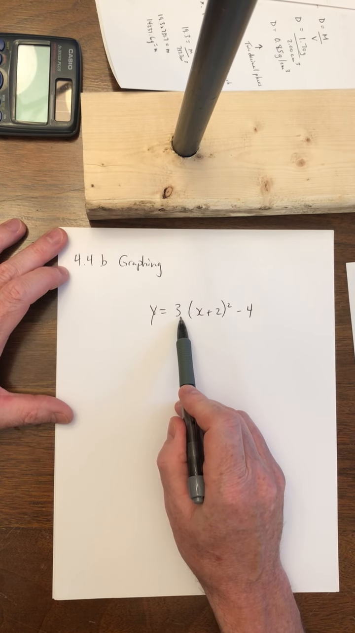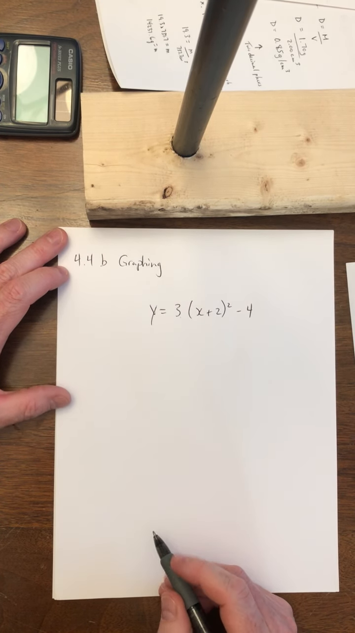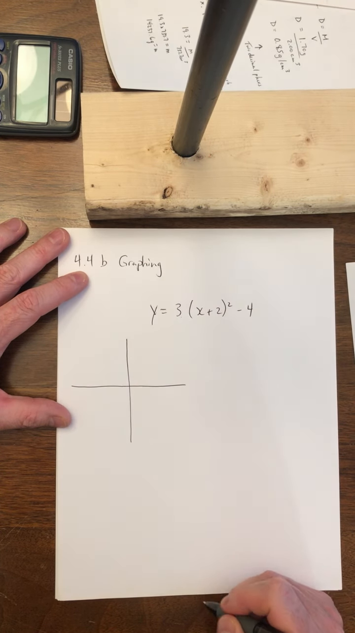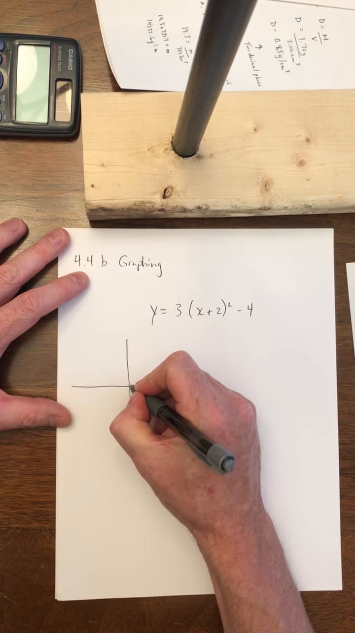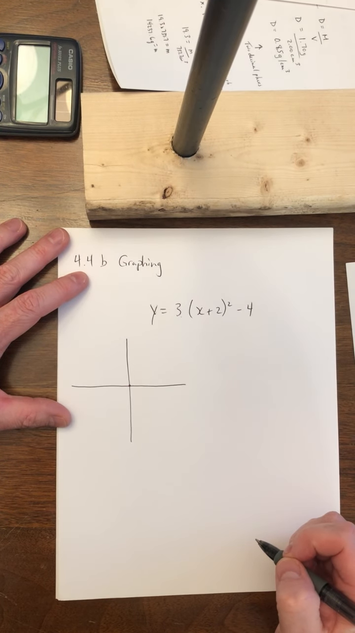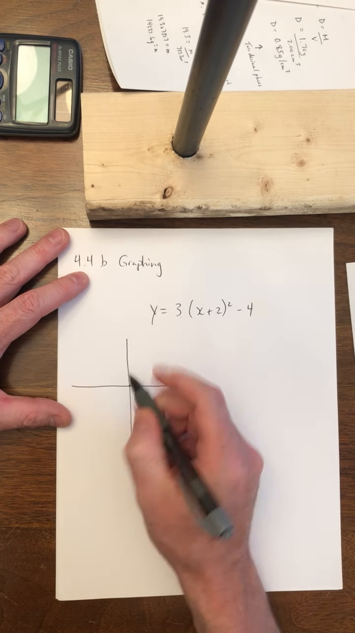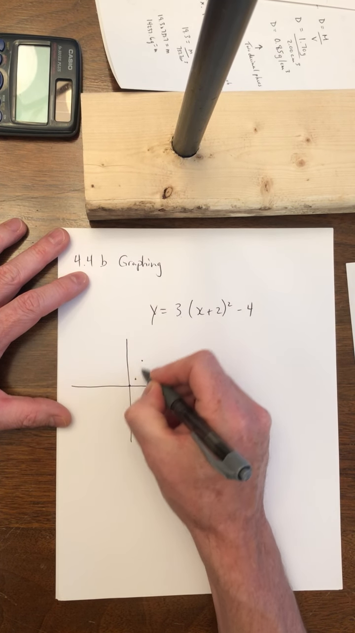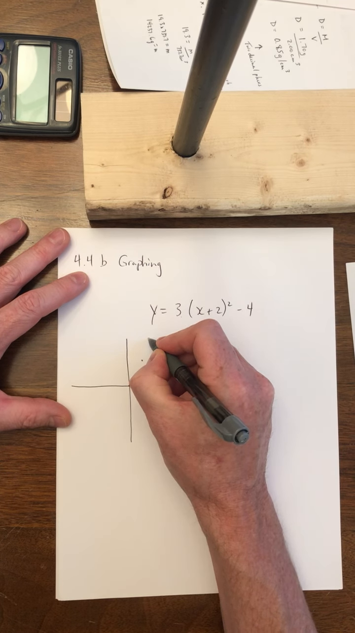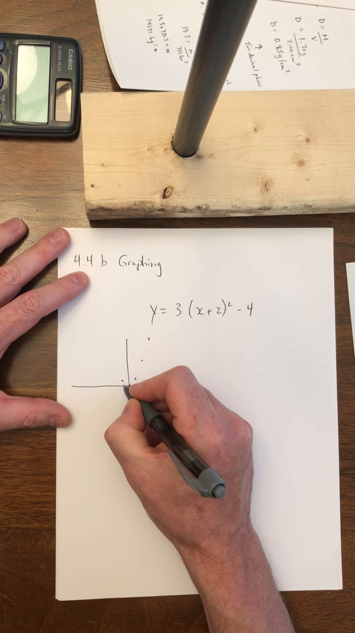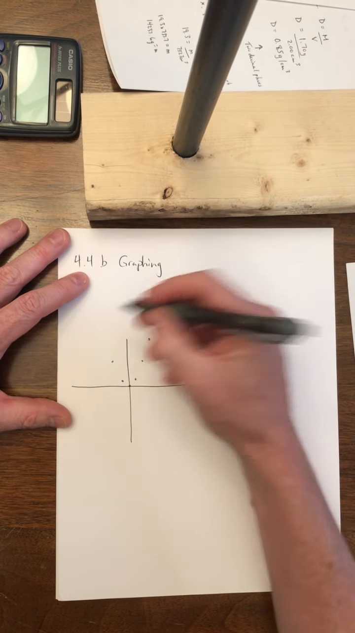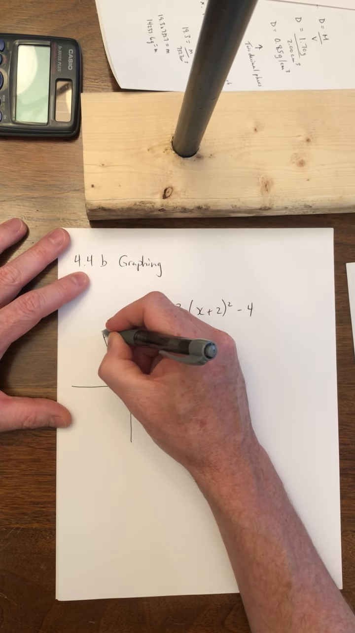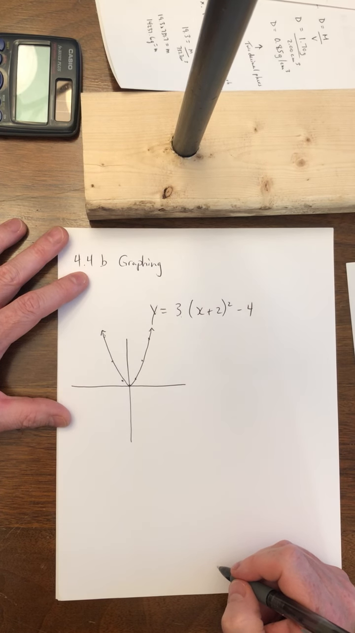So starting off with an equation in vertex form. If we were to graph the transformations, we start off first of all with our basic y equals x squared vertex. So 0, 0. Over 1, up 1, over 2, up 4, over 3, up 9. And likewise on the other side. And we have our original